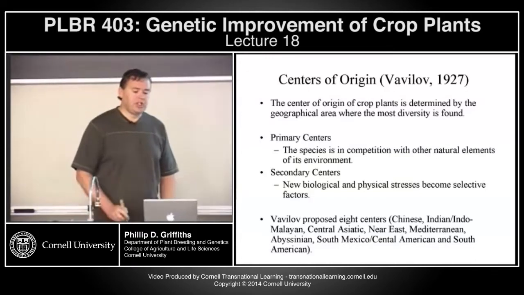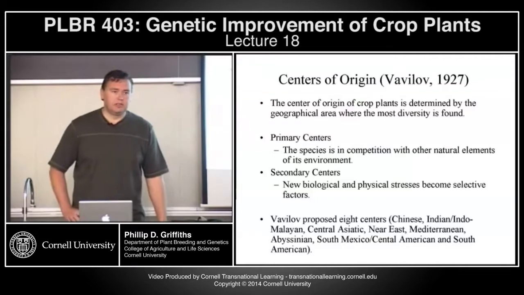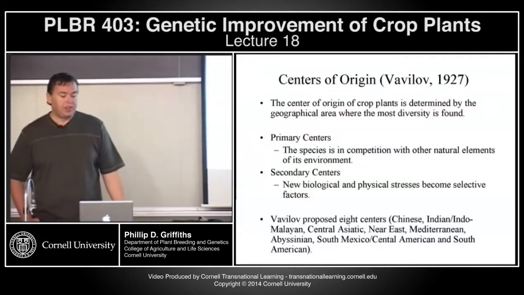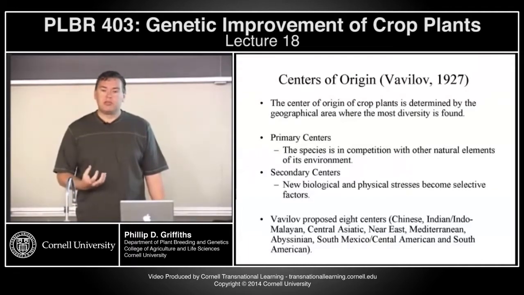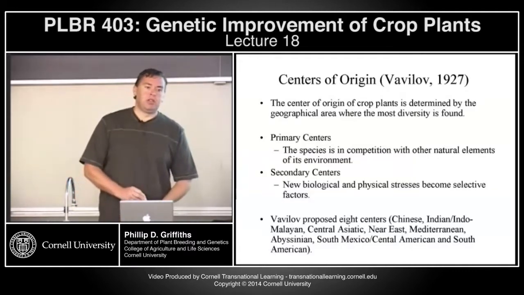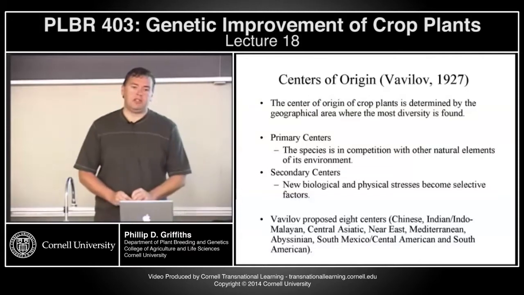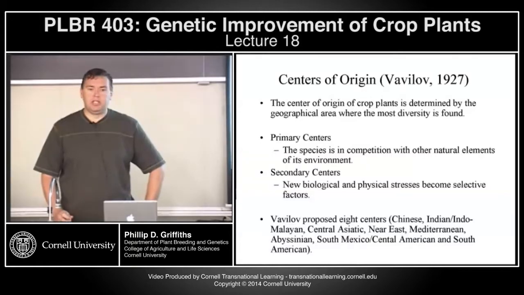The centers of origin that were proposed by Vavilov, a Russian scientist in the earlier part of last century, he basically hypothesized that where you have the most diversity of a crop plant was where the origin of that crop plant was based. And he did a considerable amount of work in the earlier part of last century, and the Vavilov Institute is still one of the largest germplasm repositories